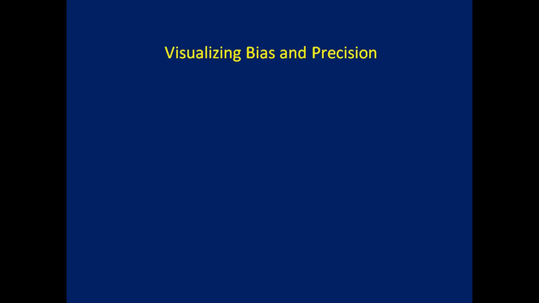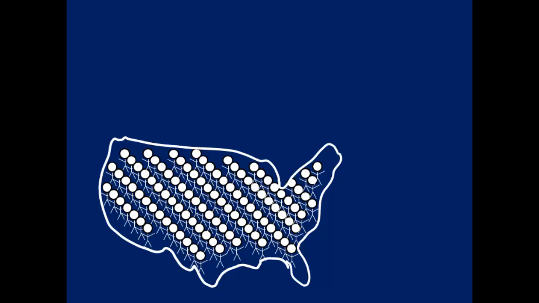The purpose of this video is to visualize two very important concepts in modeling, bias and precision. And to do this, we're going to take a step back and look at the modeling process from a greater distance. So whenever we're building a model, we always have some target population in mind, some population that we care